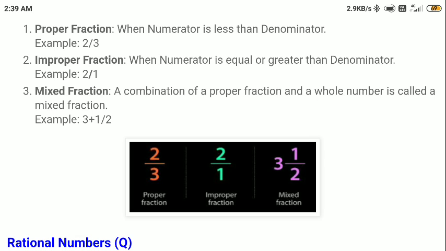For example, I have 5 balls. So why will I say proper? Because I can take 1, 2, 3, 4, or even 5 out of the whole available balls. That is why we are saying proper, because I cannot take 6 out of 5, as there are only 5. I cannot take 6.